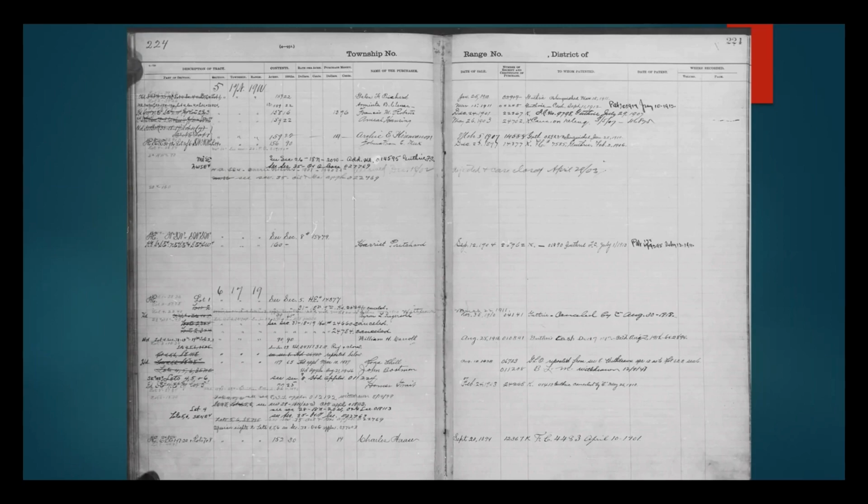I did a bunch of letters to, I think it was Noble County. I know they love me when I start writing to them asking for deeds.